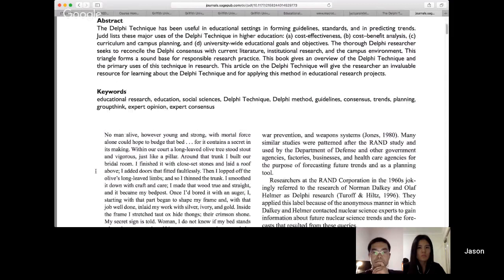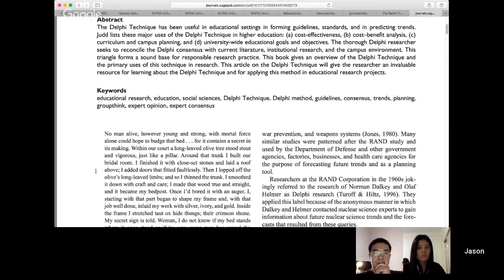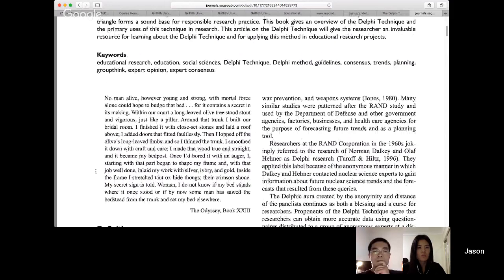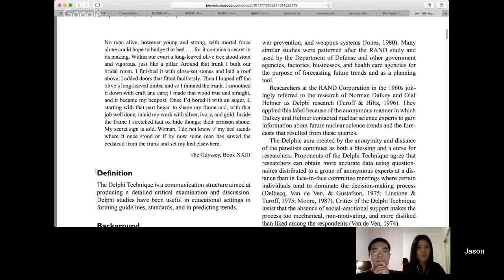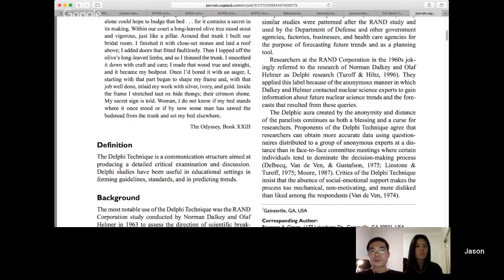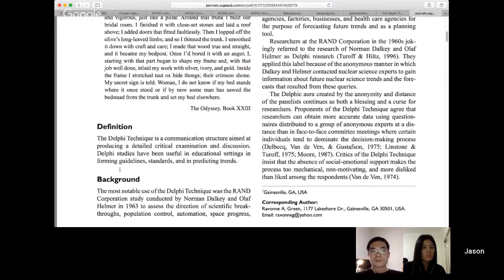Now, the initial purposes of the Delphi technique were during the Cold War, where lots of people had different opinions on what needed to be done about different approaches. And a particular organization called the RAND organization, which is part of the United States Department of Defense, was set up to try to look at everyone's ideas and work out a consensus of what the best approach was. Of course, there were lots of people putting forward ideas, but it wasn't clear which was the way to go.